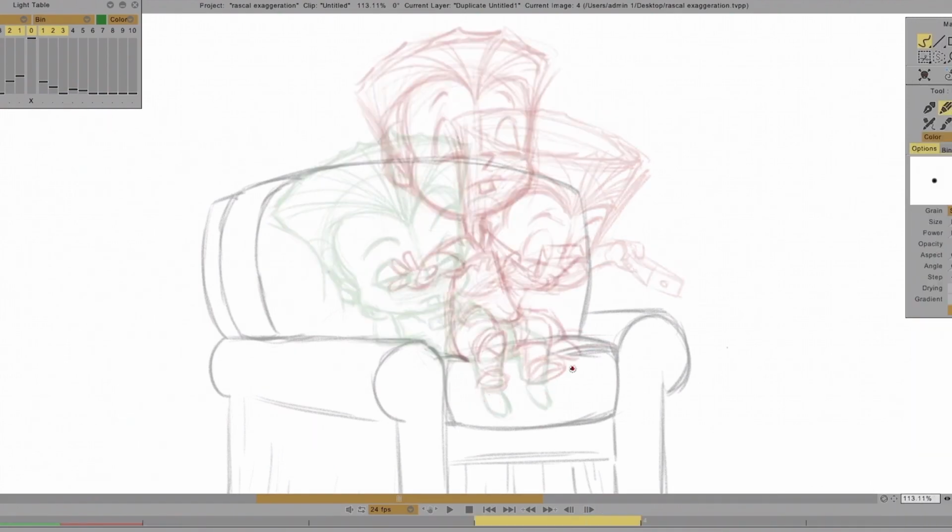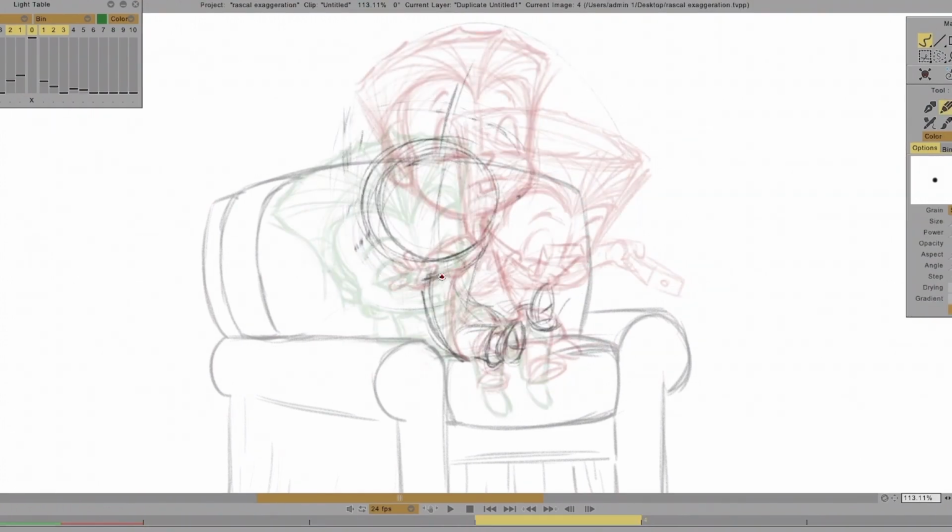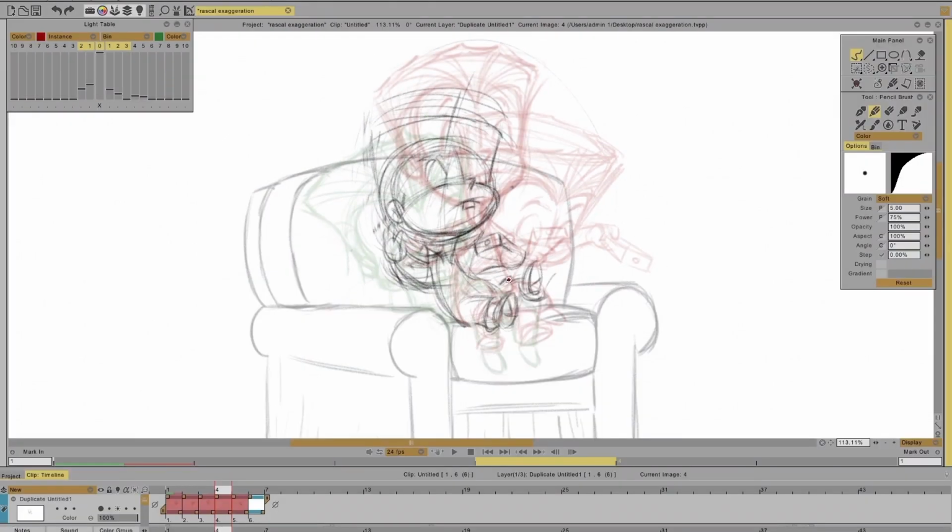And now I'm getting it to where he's working into that last key. So here we've got a breakdown where I exaggerated the stretch of his head. His hair is stretching out. There's follow through with the head tilt. As you can see, the head tilt gives it more exaggeration. The feet coming up give it more exaggeration. I stretch the hair out.